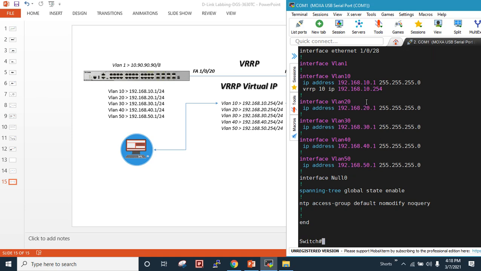Yeah. So as you can see, this is the configuration for VLAN 10. Okay. VRRP 10 IP is this. Now I will apply the same configuration for